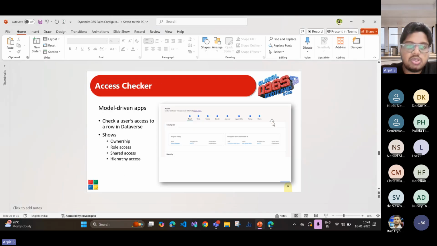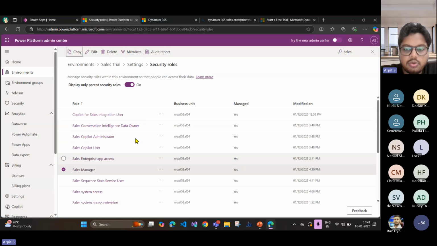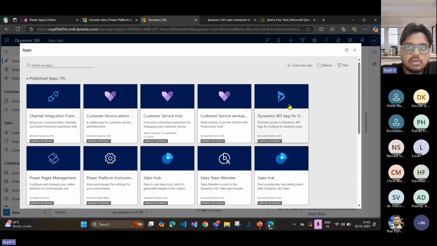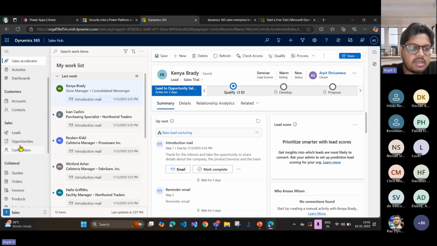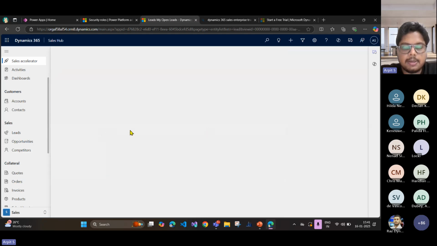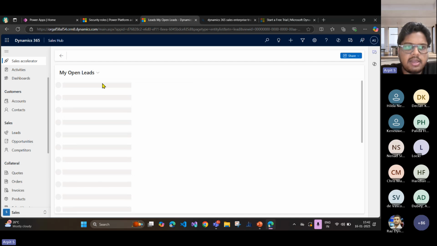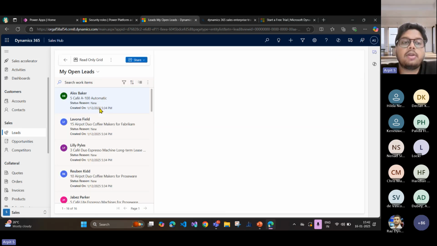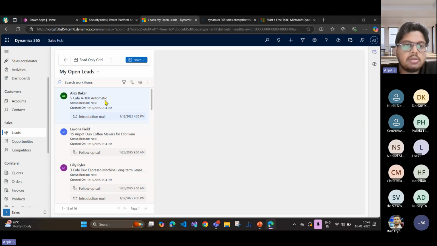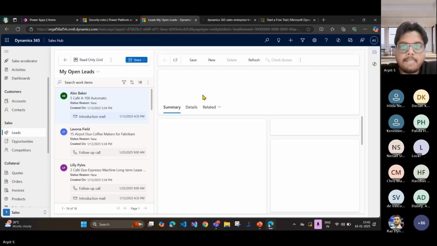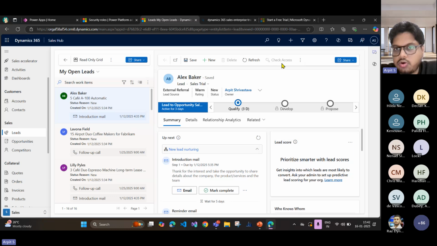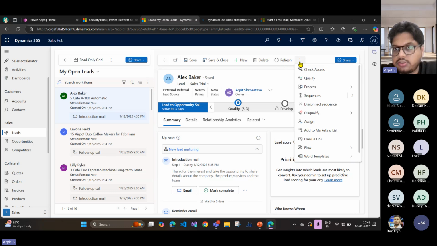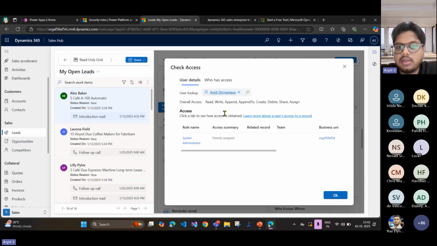So as a user, you can simply go to the environment, in an app. Imagine you're working on the leads data. For example, if I go to the leads and I'm not able to perform any delete operation, or I'm not able to qualify the lead, or I'm not able to create the lead, in that case I can simply open a particular record, for example, this record. And there is an option called check access. If I go to the three dots and click on check access,